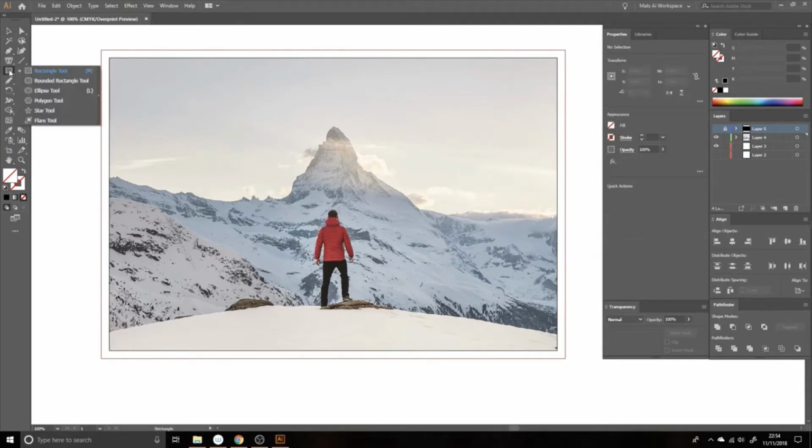Let's say we just want a circle, and we've got this absolute dude on a mountain, and obviously this is a JPEG. We don't usually use JPEGs in Illustrator. If we were to use JPEGs, we would be clipping this in Photoshop, but because this is just a tutorial and it's not going through production or anything like that, just for now we'll be using this image. So we put a circle around this guy,